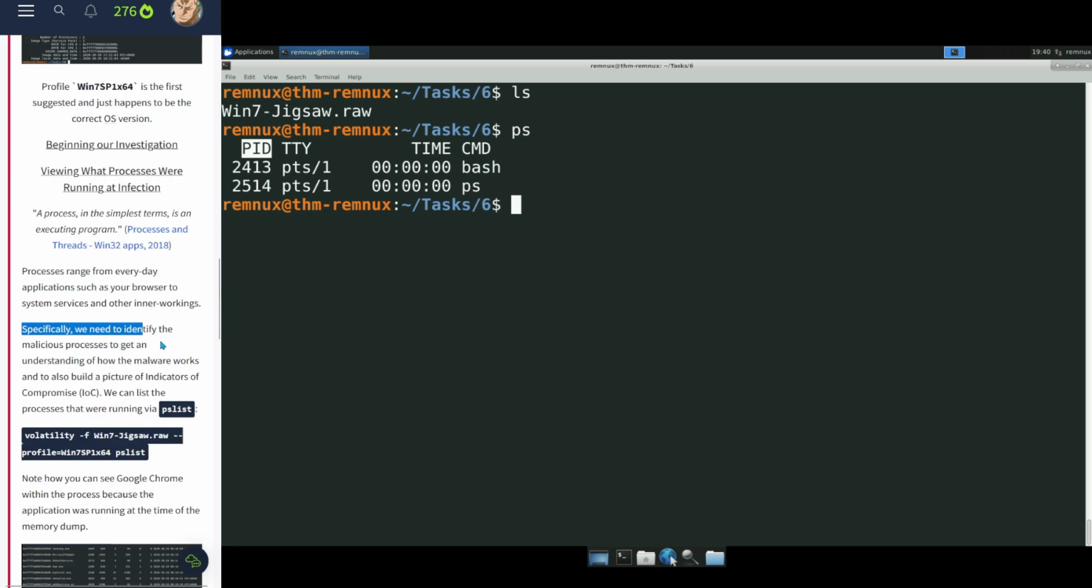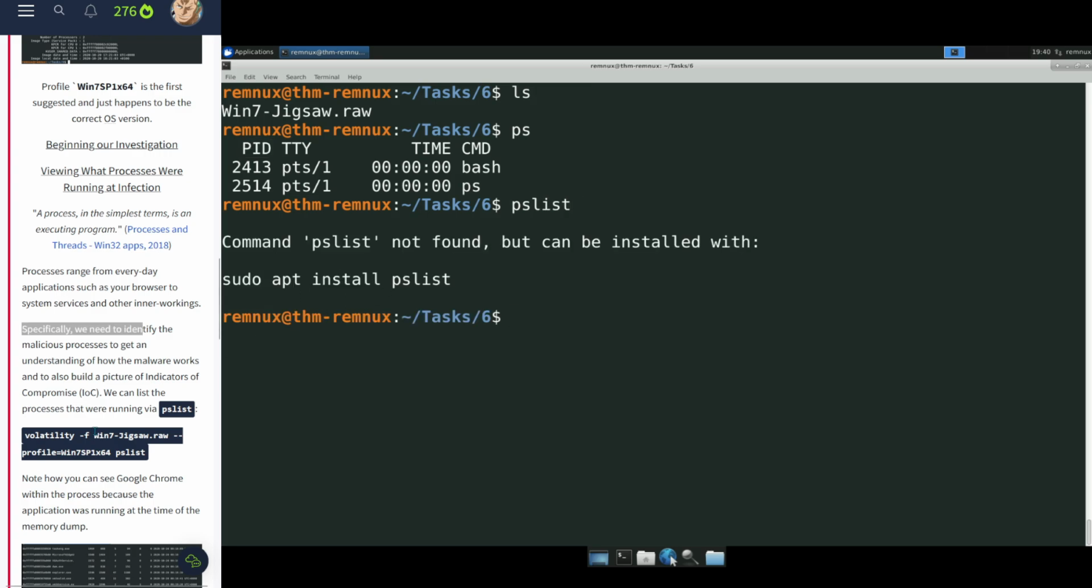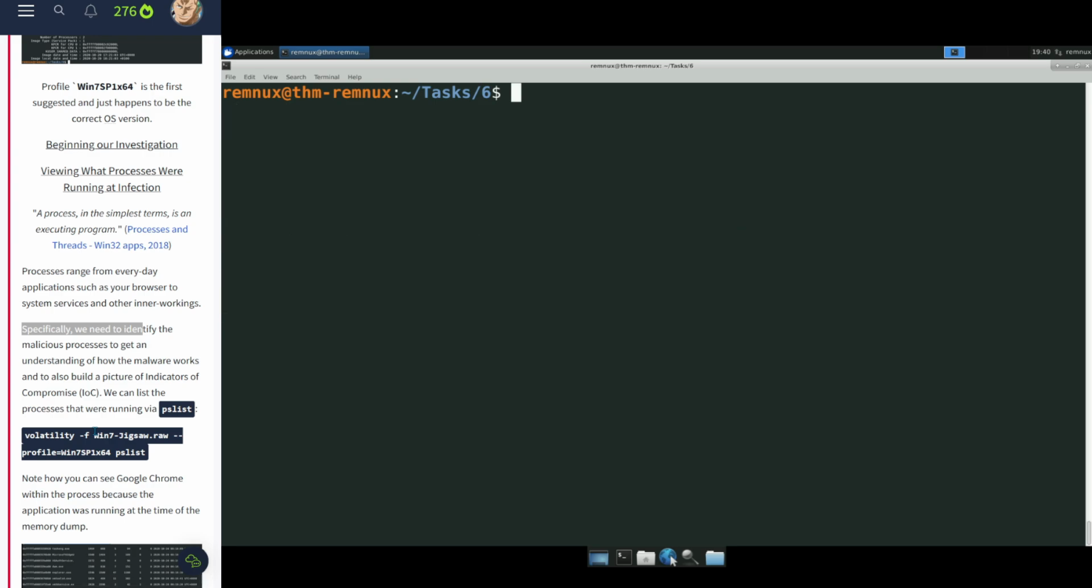Specifically, we need to identify the malicious process to get an understanding of how malware works. We also build a picture of indicators of compromise, IOC. You can list the processes that are running with pslist. Let's try if it's working. We don't have it. Volatility tag f. So we're gonna use a lot of Volatility with docs level 2 path. I remember you do a decent amount of Volatility. Tag profile equal win7